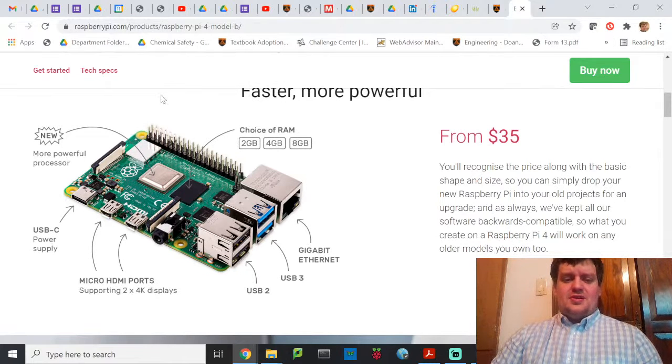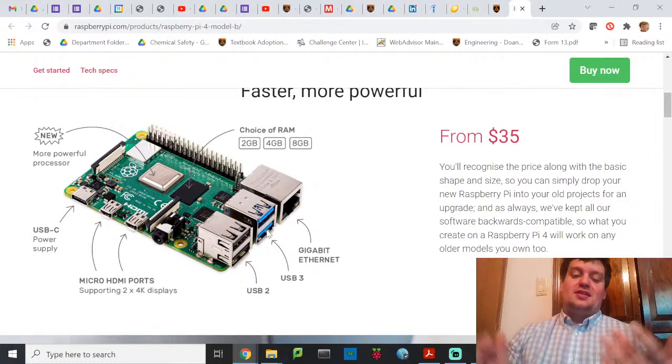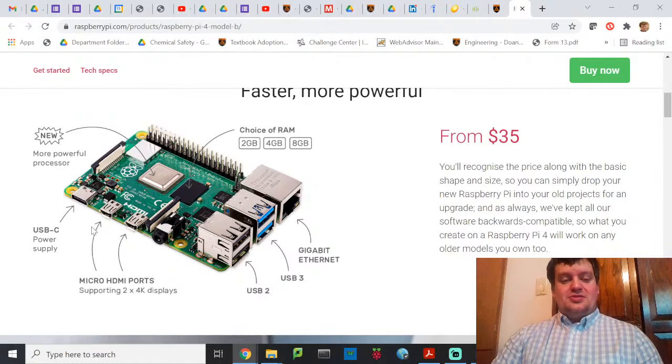But this is what it is. This is all that a Raspberry Pi is. It's got a processor. Oh, there's the processor. This is the RAM chip. It's got the input-output ports. It does have 4 USBs. These 2 are USB 3s, which it's really wasteful to use your keyboard or mouse on there because they don't require USB 3s, but whatever. There are 2 micro HDMI ports, and then it does use USB-C power.